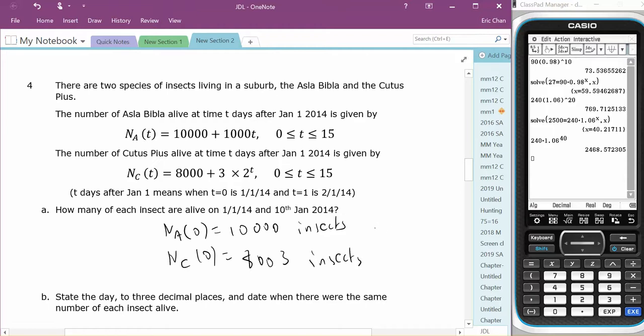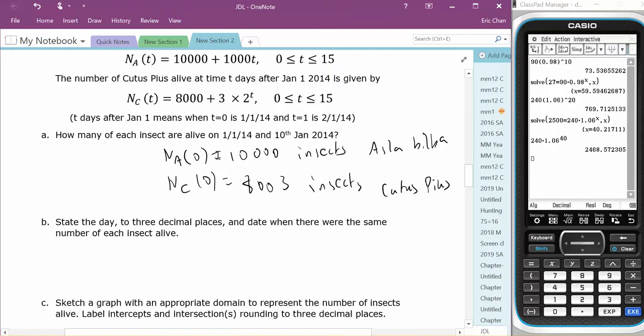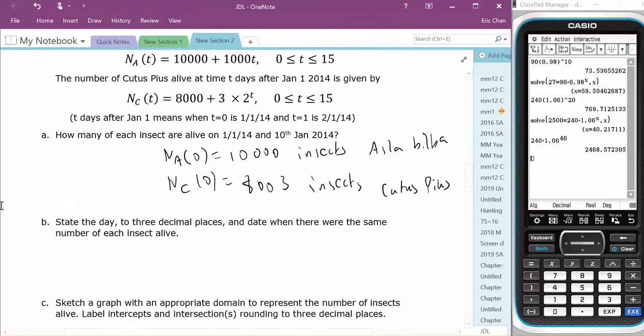And so how many of each insect are alive on the, so what species? Number of Ishla bilba, and the other one is Cutis pius. Okay, so these are the amount of insects alive initially, and that happens to be January 1st. Okay, so that's how the time frame of the question works. State the day, 3 decimal places, and hang on, we've done this on the 1st of January, and for the 10th of January,